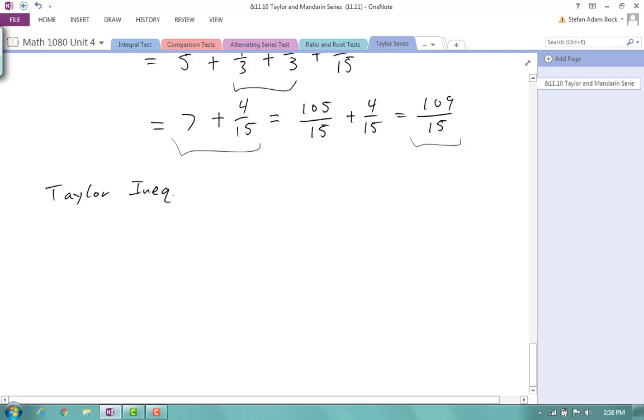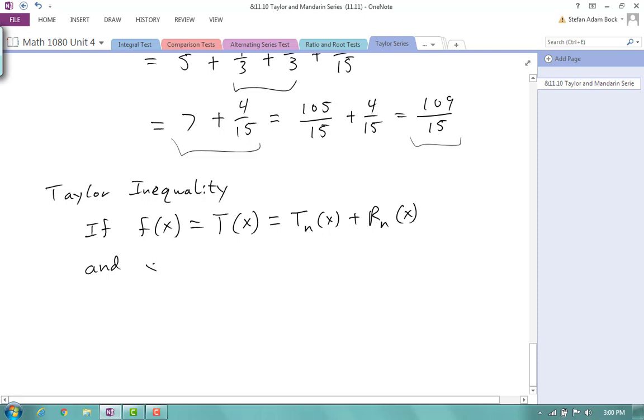Or I'll sometimes call it the Taylor series remainder, because that's what it is. They're kind of interchangeable terms. But there's a lot of letters in the Taylor inequality, so we'll have to be careful about what we're looking at. So if f of x is equal to a Taylor series, I'll name that with a t, which is equal to the nth degree Taylor polynomial plus the remainder of using the nth degree polynomial, and x is in the interval of convergence,